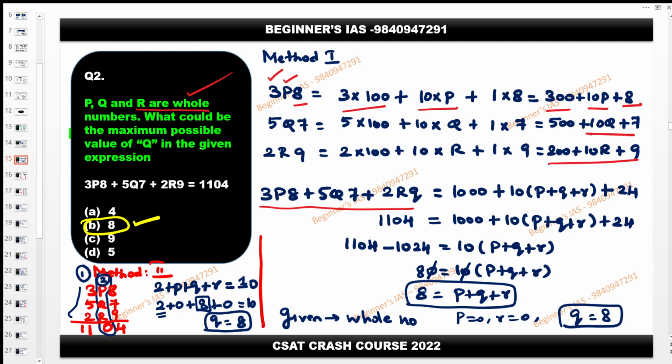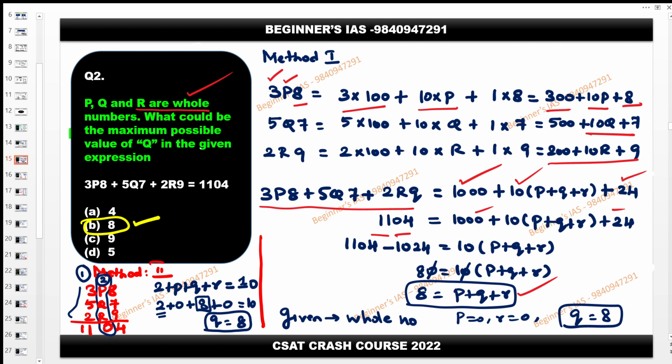If you add these values, 300 plus 500 plus 200 becomes 1000. Then you can take 10 as common: P plus Q plus R. Then here 24. This value has been provided as 1104. Then I am adding these two and subtracting here. Therefore 10 into P plus Q plus R is equal to 80. Then cancel this. P plus Q plus R is equal to